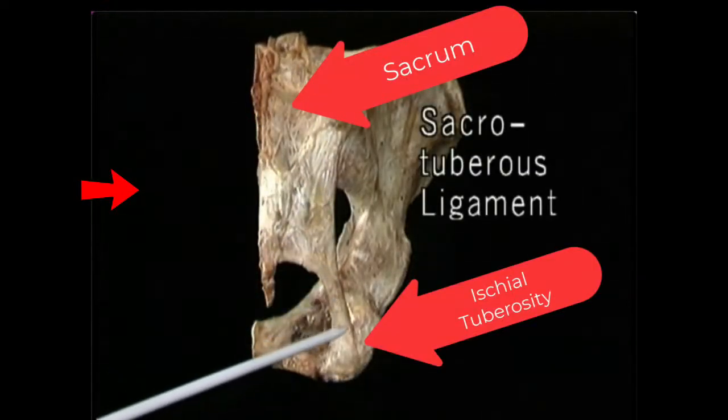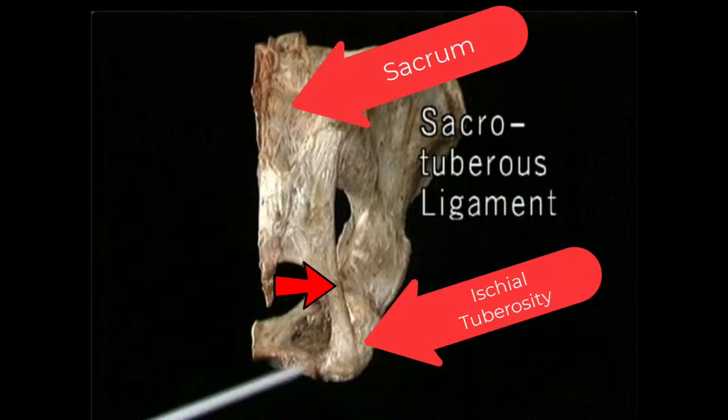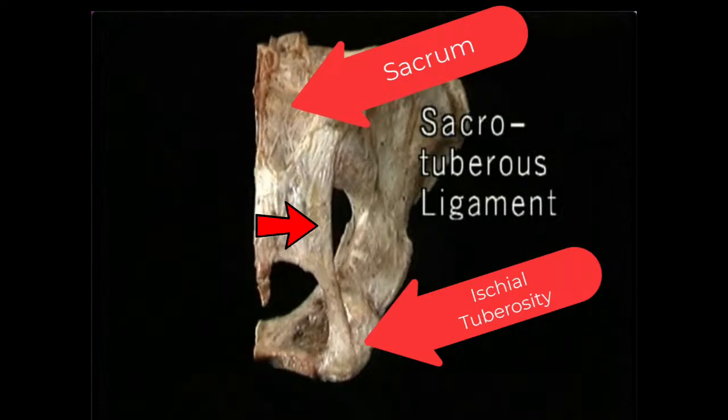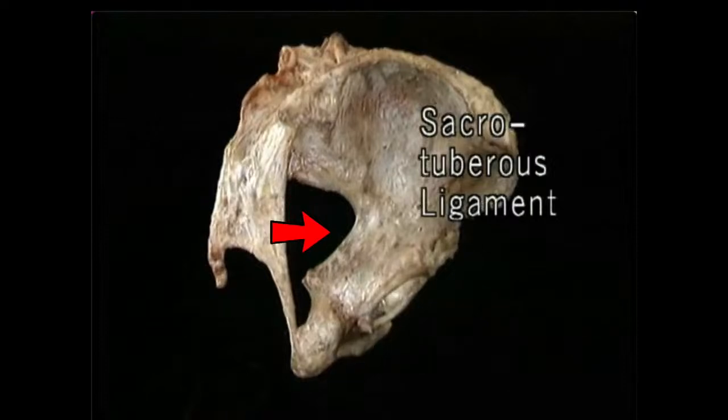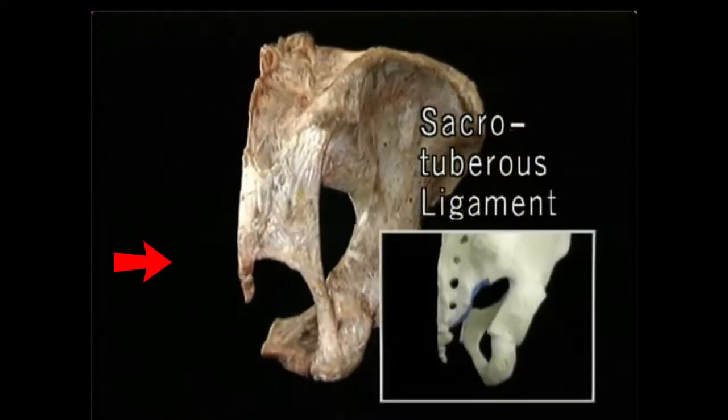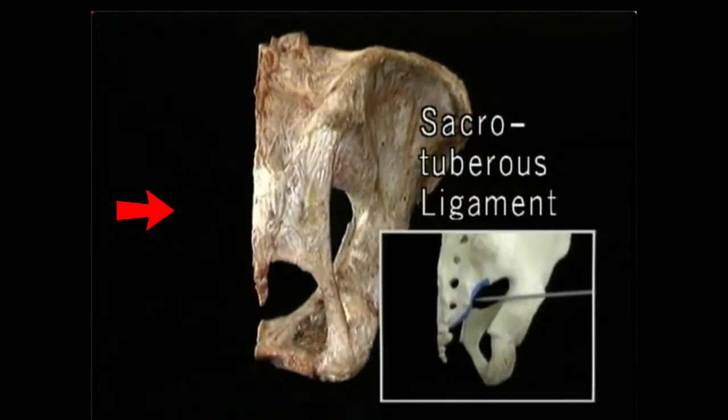So now we're starting to get into your sacrotuberous ligament. So there's your ischial tuberosity just there. Sacrotuberous ligament all the way up here. Okay, and you can see with that, even there, it's starting to create these two apertures, these two foramen, these two openings. Okay, so look there, and then there'll be another one across here in a sec. So there's your sacrotuberous ligament,